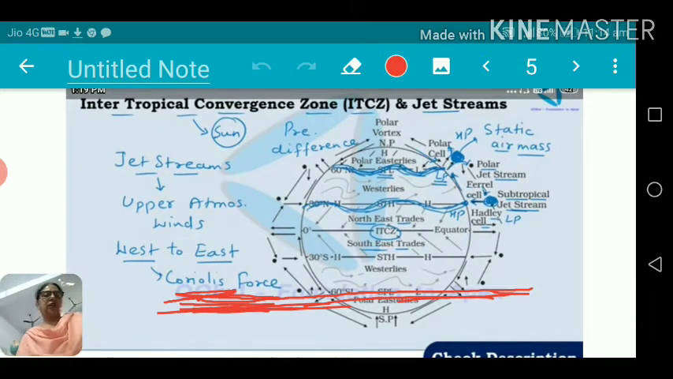In jet streams, upper atmosphere winds move from west to east, and the Coriolis force works here, and these winds change direction. There is a low pressure zone located at the equator, where the trade winds converge, and this zone is created. This monsoon trough means these winds encourage the development of the thermal low across the equator as well